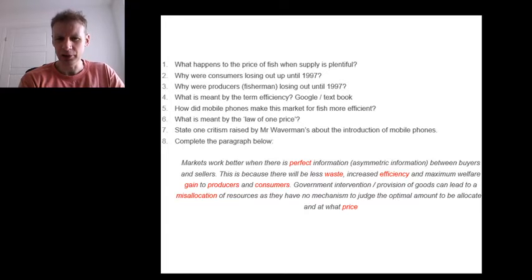So the fishermen in the article, they caught lots of fish and they wanted to know which market they should take their fish to. Now, before mobile phones, they just had to guess, and it would end up with waste and inefficiency. So they would go to a market and find out, oh, we've got too many fish for this market, and end up throwing away fish. It was inefficient, and therefore there was little gain to producers because they weren't maximising their profits, and there was little gain to the consumers because whilst at one market there was enough fish and surplus fish, extra fish that weren't actually needed.